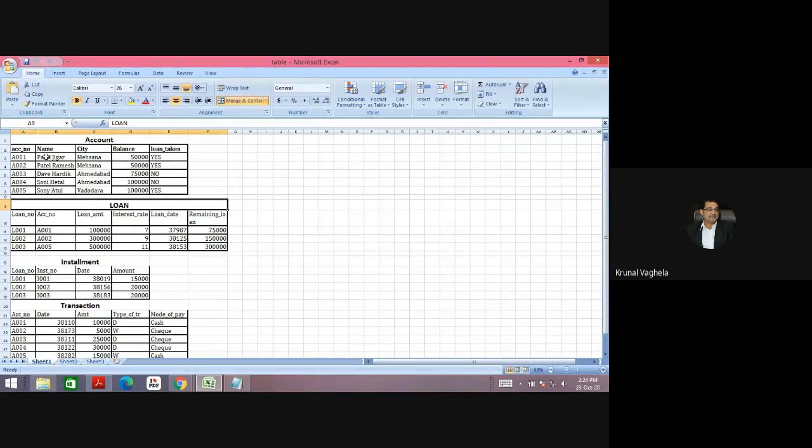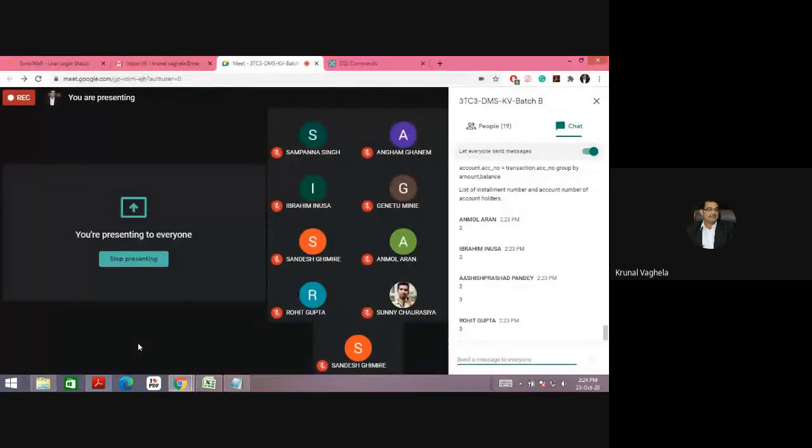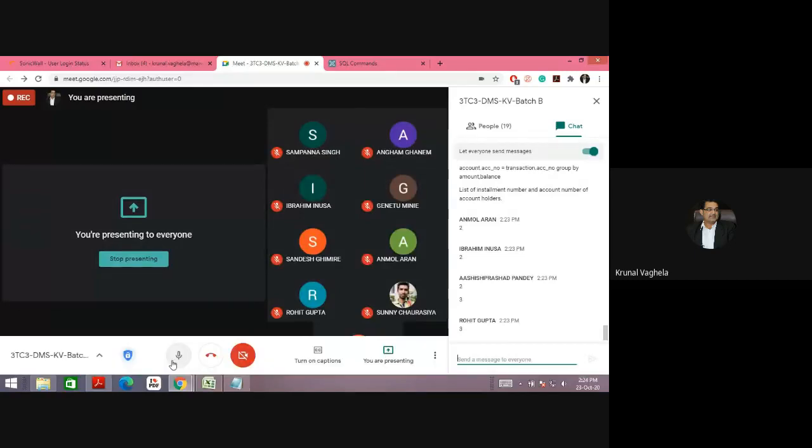From account number I will get loan number, and from loan number I will get installment number. Account number and installment number are not directly connected; they are connected via the loan table. So you need three tables. Now you try the query. Let me show you the table.